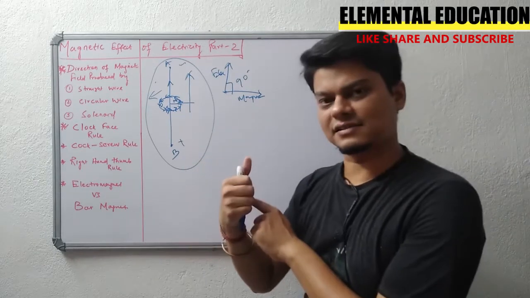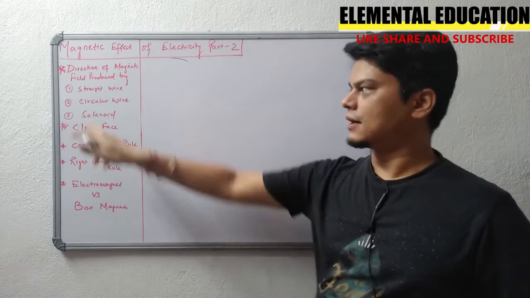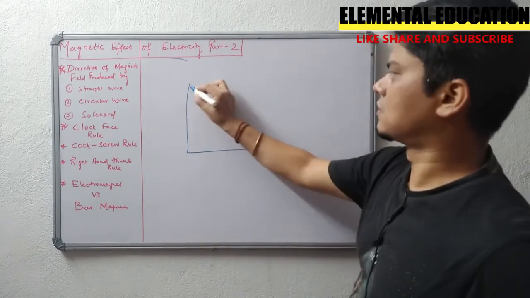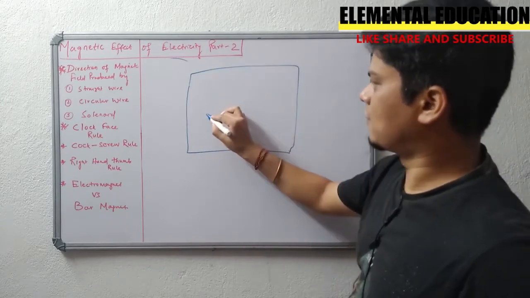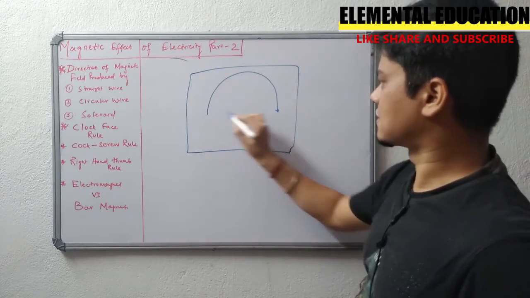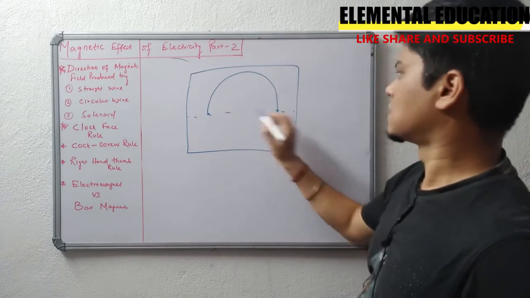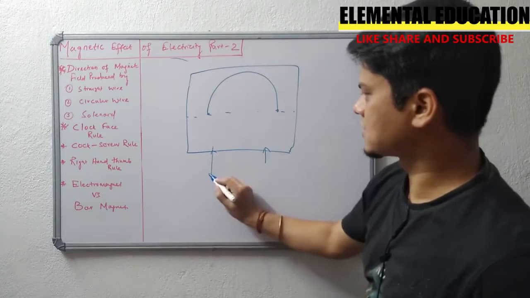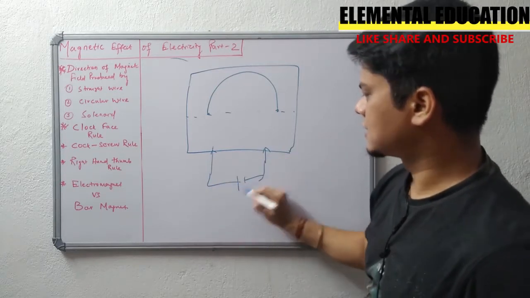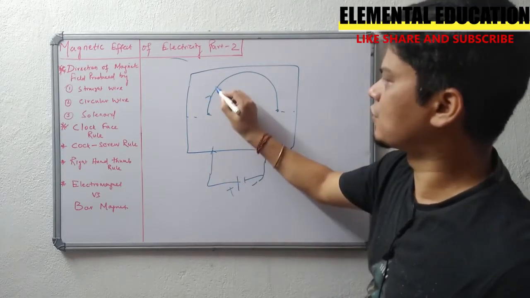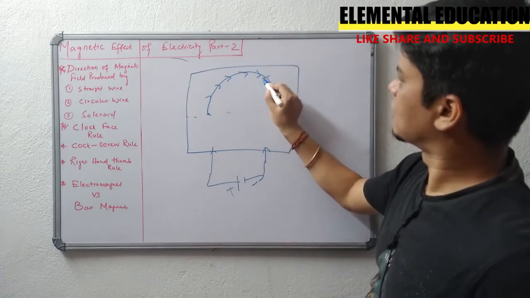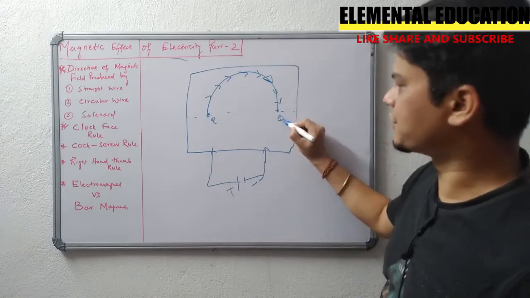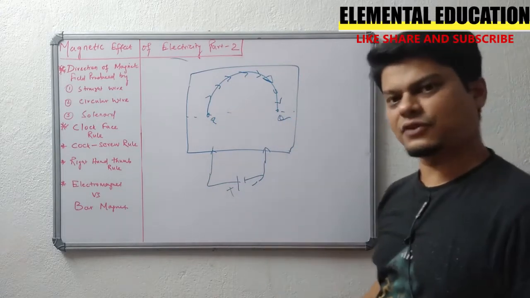Now guys, we will be going for the circular wire. Suppose there is a cardboard and a wire is drawn like this. That means the wire emerges from below. Suppose this is the way I am flowing the current. This is plus, this is minus. That means the current flow is in this direction. This is the point P, this is the point Q. So what will be the direction of the current?